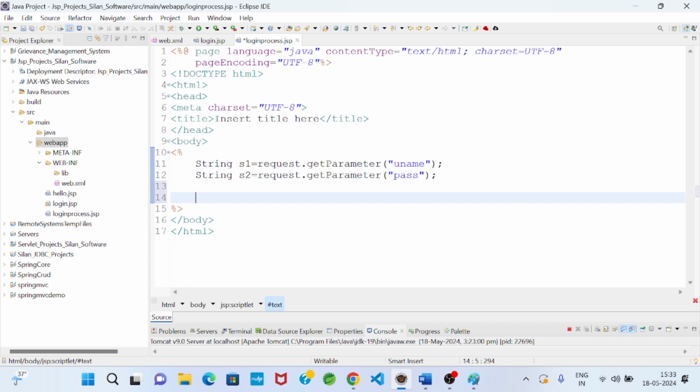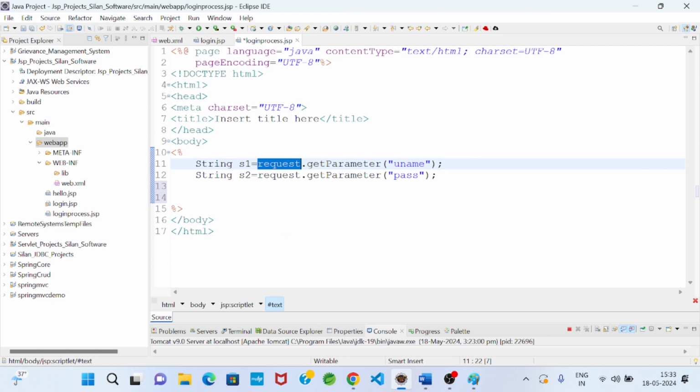But maybe everybody will be confused. Sir, directly we are writing request, but in servlet request means it is an object of HttpServletRequest. Lots of things we were writing in servlet, importing packages. But here request is an implicit object, the object of that interface HttpServletRequest. Here we are not importing any package, not importing servlet API.